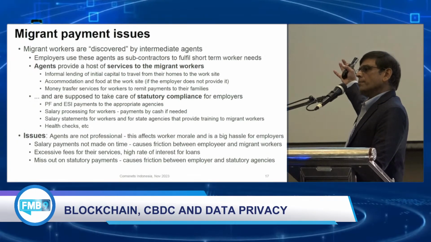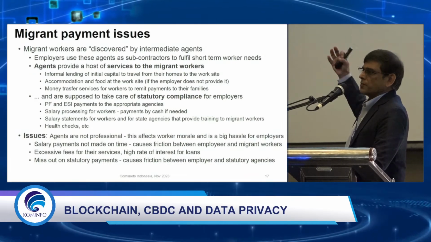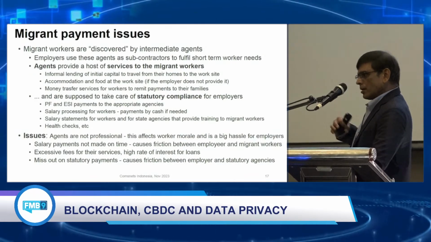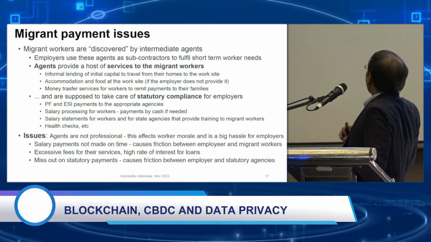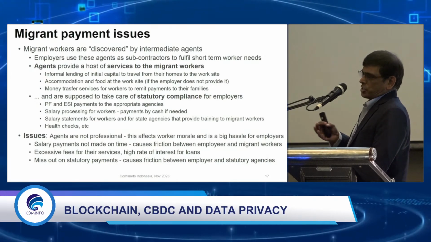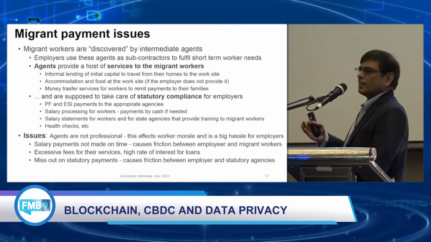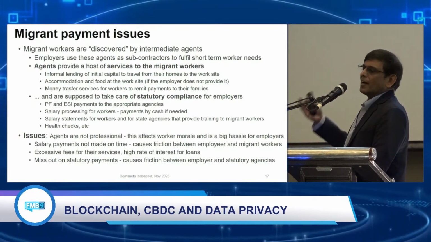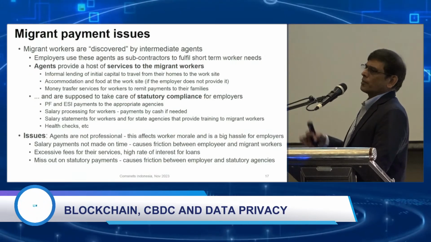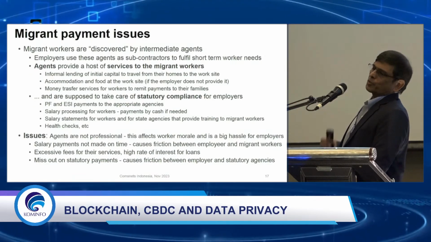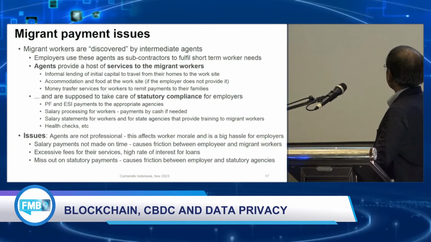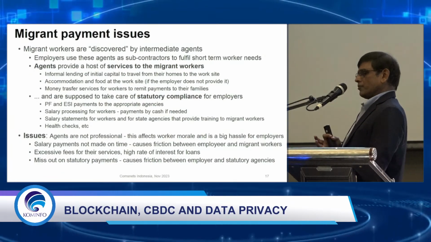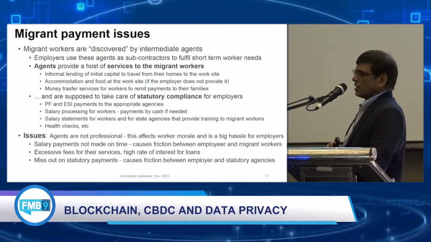So the agent goes and discovers these people and brings them to the factory, and the payments are made via the agent. So the company pays salary not to the employee directly, but pays it to the agent, and then the agent will deduct some fees and various other things, and passes some part of the salary back to the employee. So these intermediaries are very costly, firstly, and they create a lot of friction because